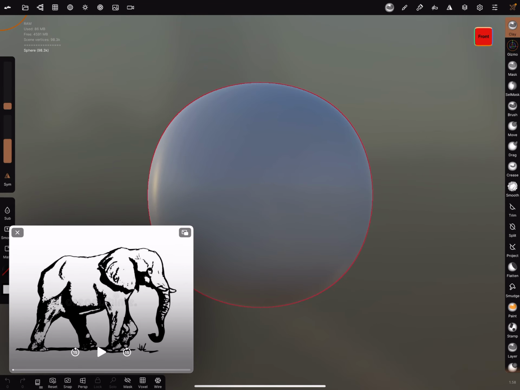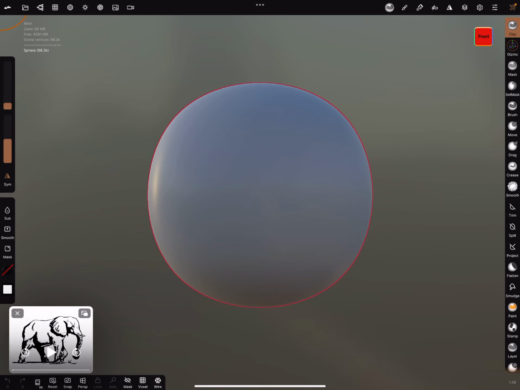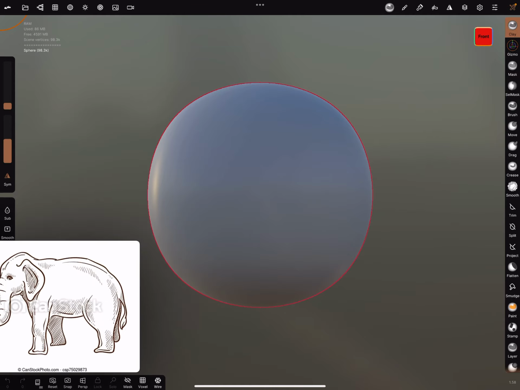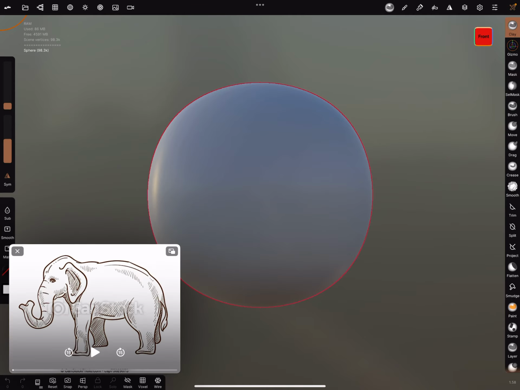Then you can look at your reference and swipe it out, like this. I think it's really useful.